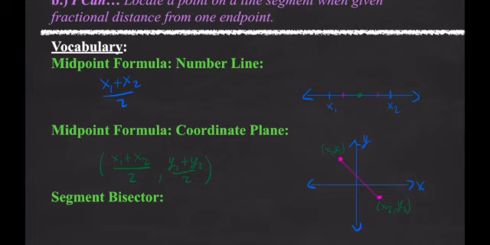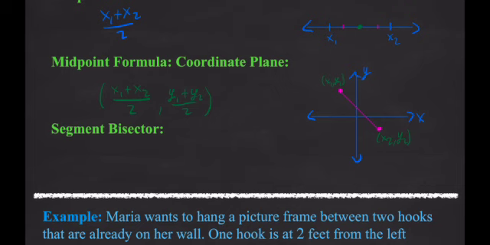A segment bisector. A segment bisector is any segment, line, or plane that intersects a segment at its midpoint. In other words, bisector means that it is going to cut it in half. So if we have, for example, this line segment right here, and let's say we have a line that goes through it. If this line slices it in half so that the 2 sides of the segment are congruent, meaning they are the same, then this blue line, we can call that line M,